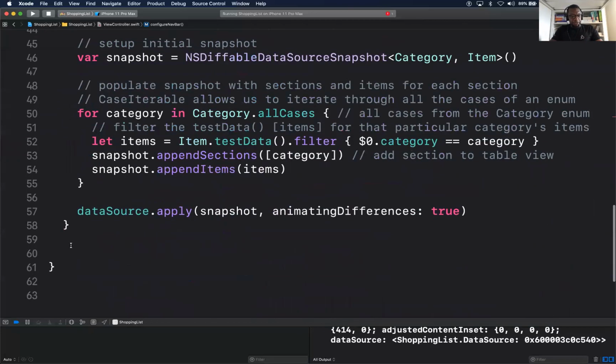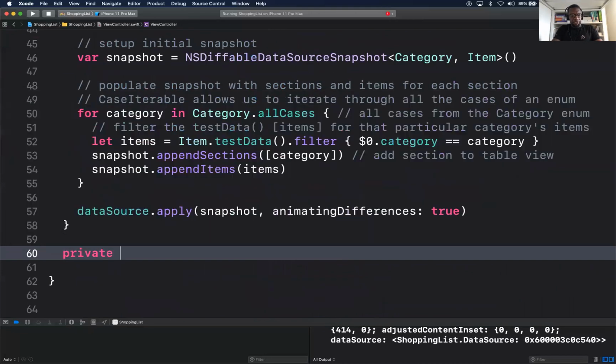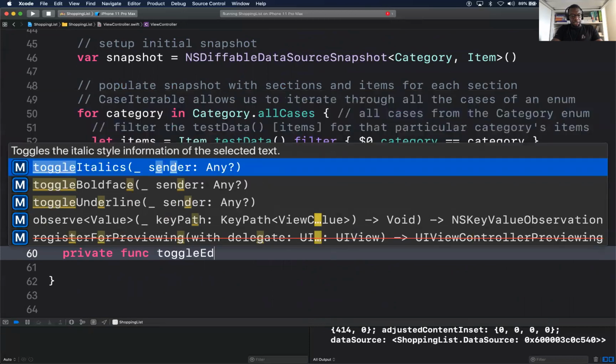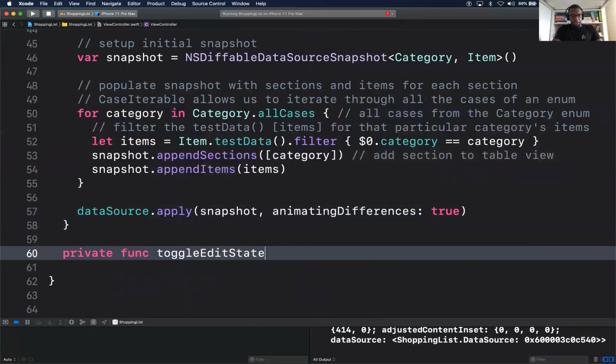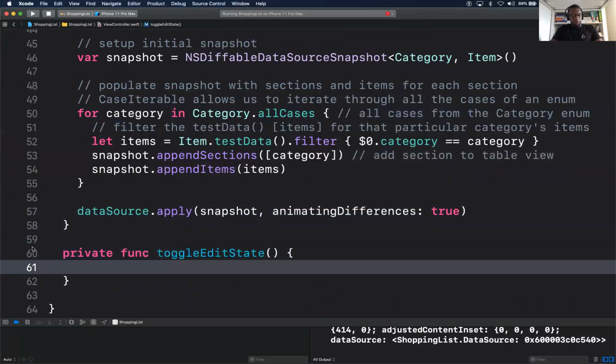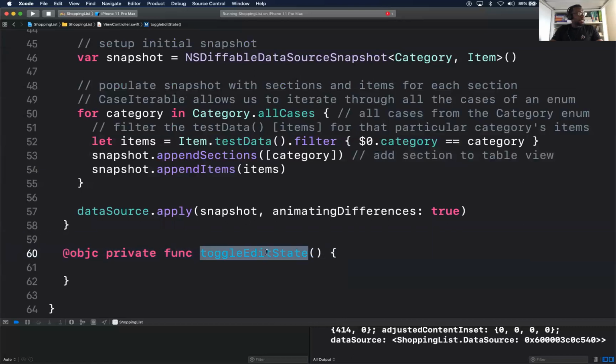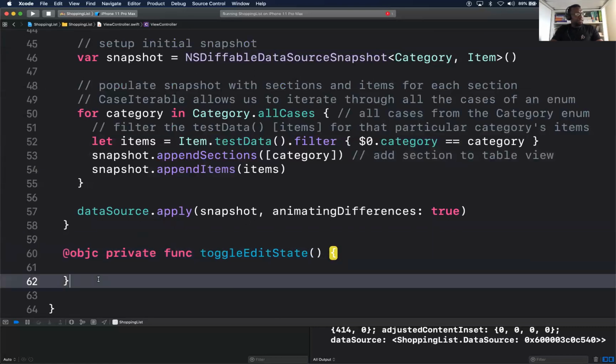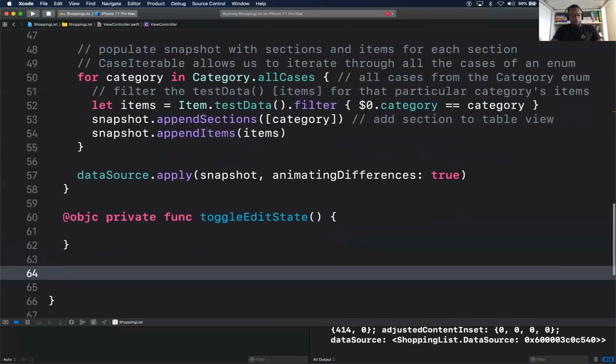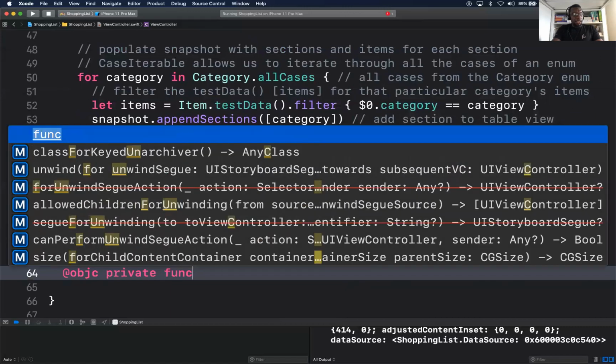I'll go back up, but for now, I'll just add a placeholder function here. toggleEditState, and this is going to be @objc. Build. So we just added a function, toggleEditState, and one more function before we finish. This is just boilerplate code for tomorrow, so we have stuff ready.